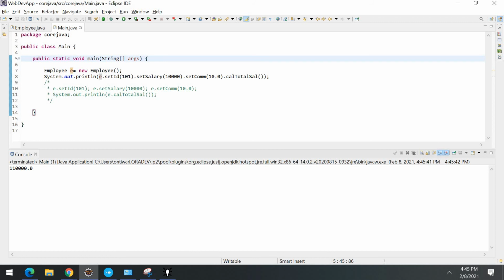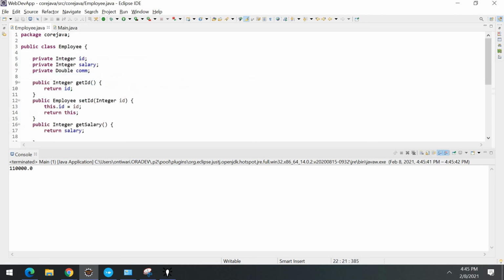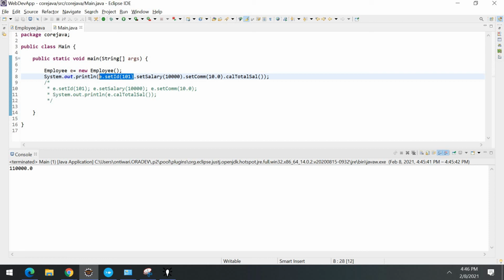Output is still the same. So what is happening, guys? Whenever you are calling this method, setId, with this object, if you just focus on this, e dot setId, and come here and see, setId is returning an object, right? Employee type object. So when you call this method, you will get an Employee type object, I mean e. So the return type of this is e. Then you can call from the object of the class another method. So you have called this. Now if you focus on this entire expression, its return type is still e, I mean this Employee type. So you can call this method. Its return type is also Employee, right?